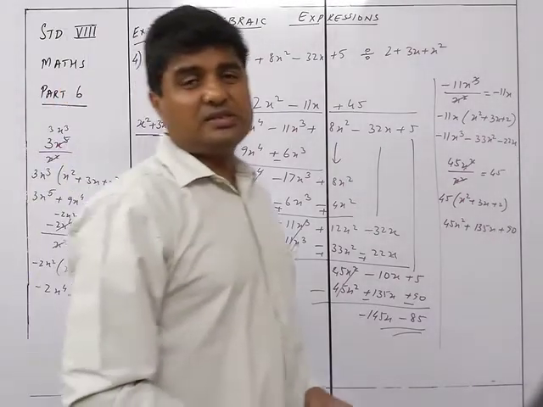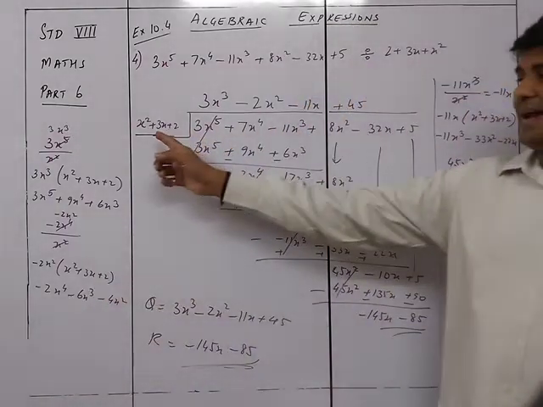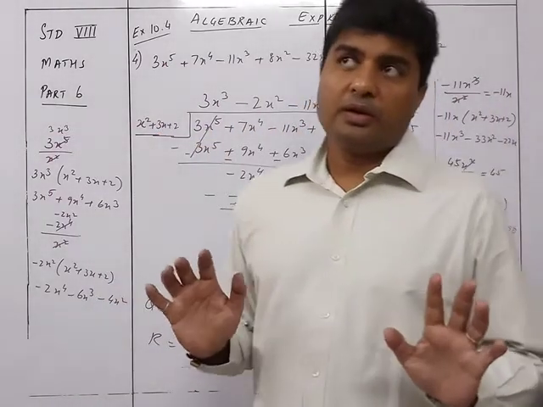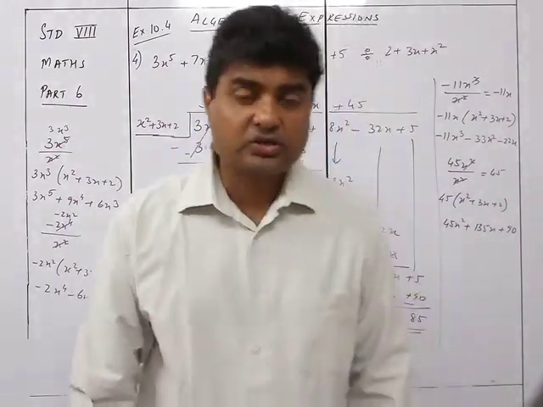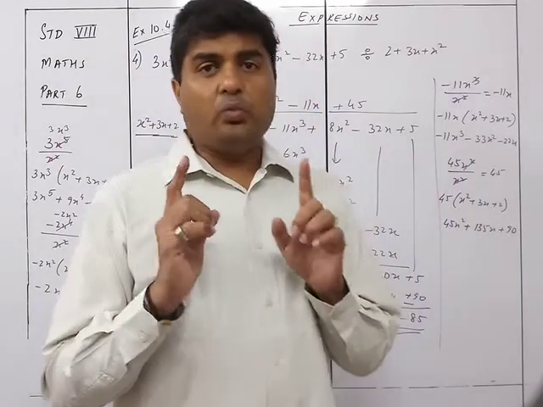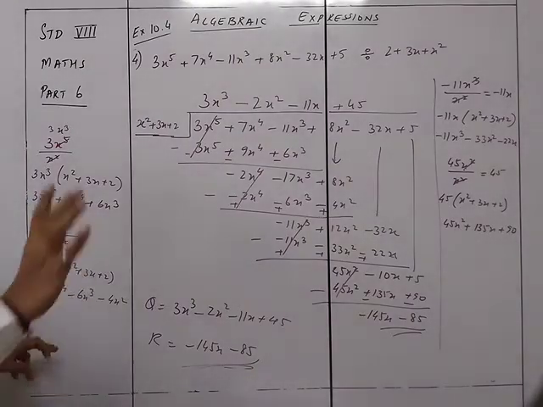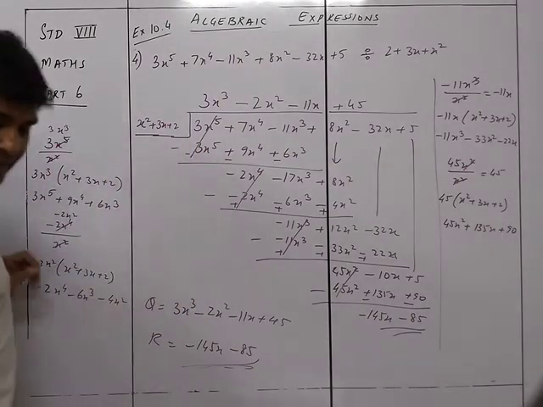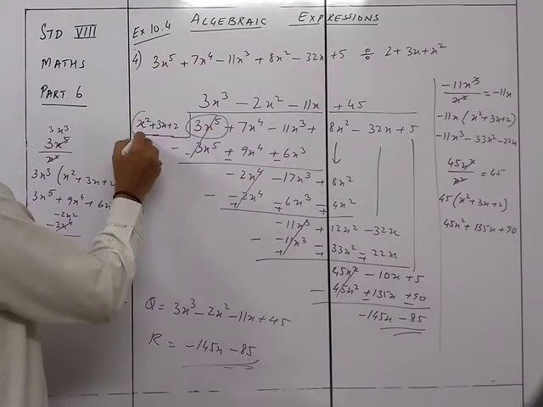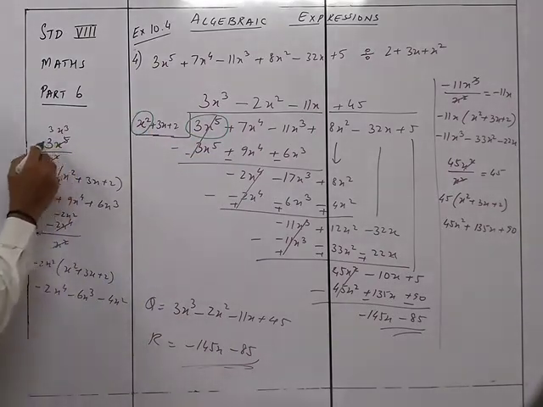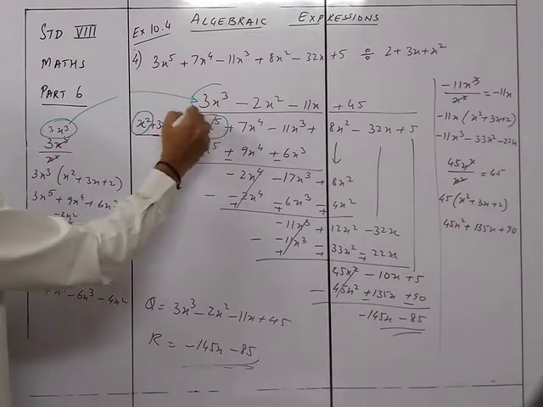Are we clear with this? This is how we are going to divide a multinomial by a trinomial. Clear? So this is very, very important, slightly difficult also. So mind well, what is the most important part are these rough works. How do we do this rough work? We are taking the first term, dividing it by the first term over here. That gives you an answer. So the answer is here, which you place over here.